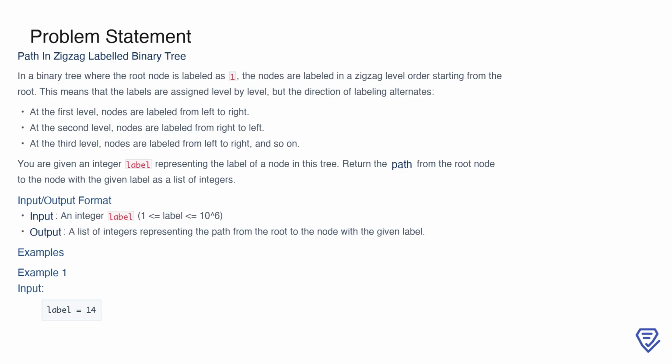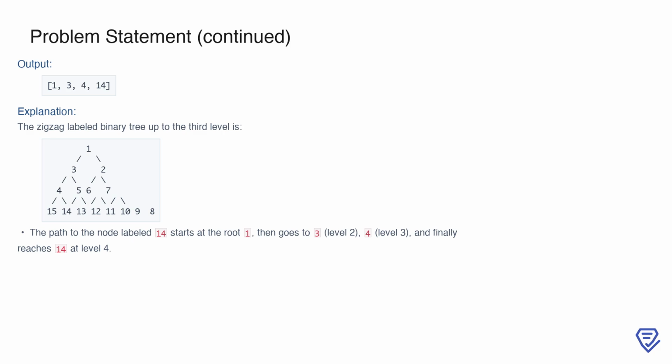to left. You are given a specific node label, and your task is to find the path from the root node, labeled 1, to the node with the given label. The result should be returned as a list of integers that represent the labels of the nodes along this path. To clarify with an example, consider the input label equals 14. The output in this case is 1, 3, 4, 14. This means the path from the root node to the node labeled 14 includes the nodes labeled 1, 3, 4,